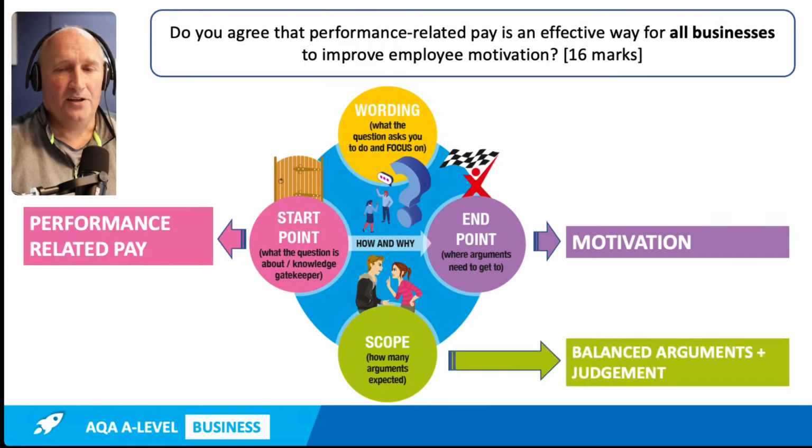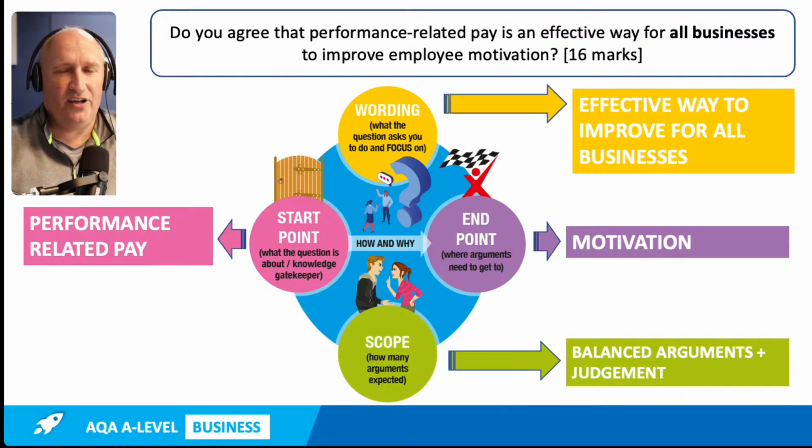Employee motivation. Don't forget, 16 marks and above, we need balance for our arguments and our judgment. Our judgment needs to be supported by our arguments. What do we have to focus on? There's one word. Oh, actually, there's two words that we have to focus on in our evaluation. Nice link between strategic drift and getting marks in AQA. I like that. Yeah, is it effective? So our evaluation has to consider constantly how effective it might be to improve motivation. Generally, questions about motivation are about improving it, not how can you make employees less motivated.